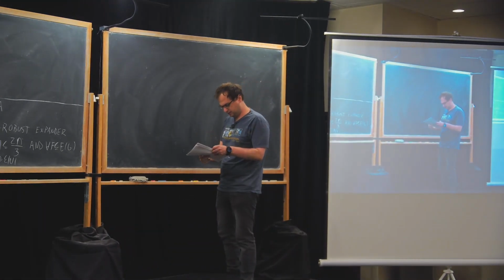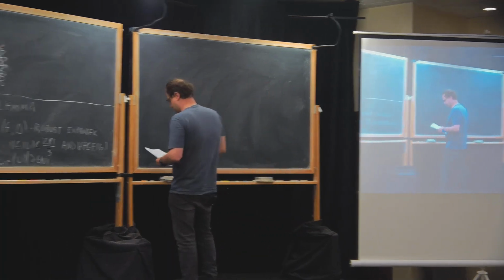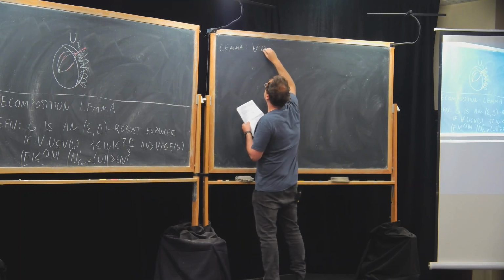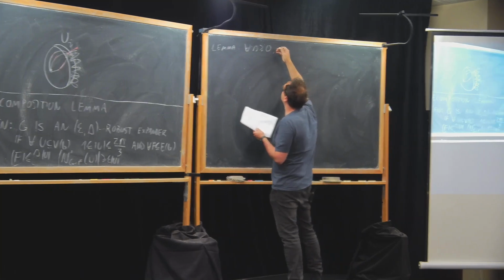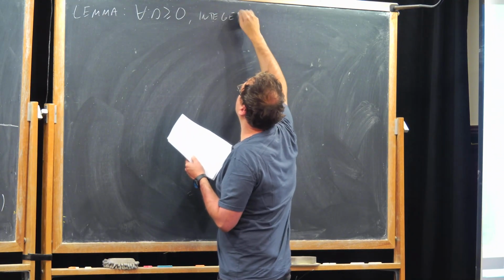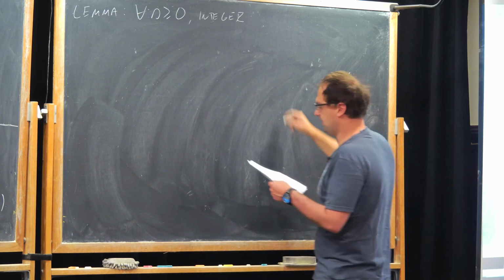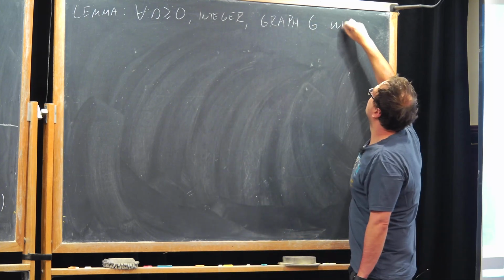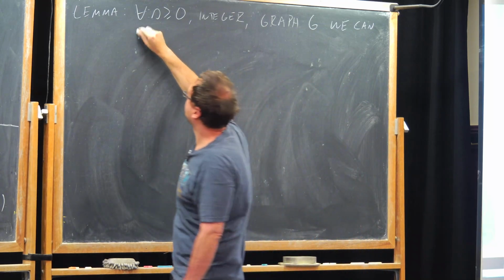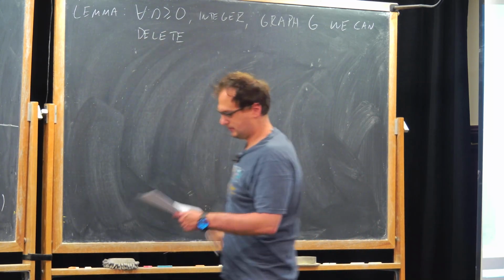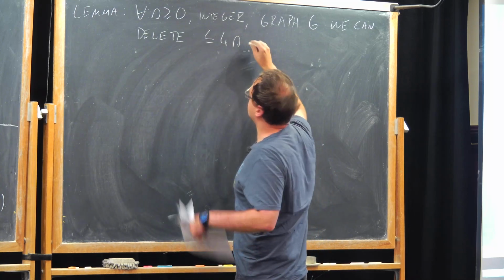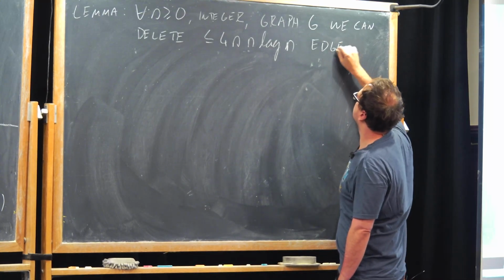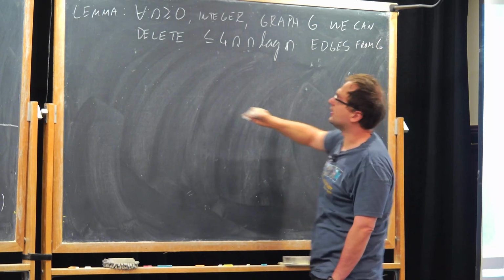Good, so that's the expander. So now let me tell you the lemma. For every s bigger than 0, and graph G, we can delete up to 4s n log n edges from G and